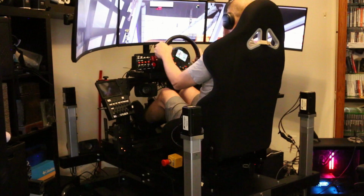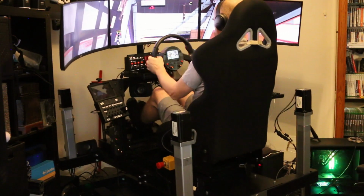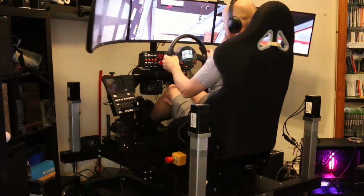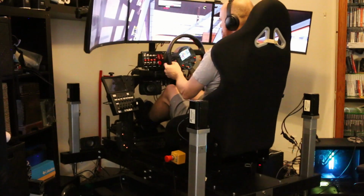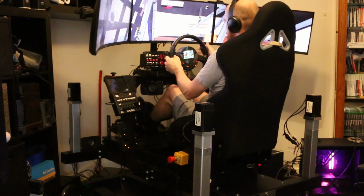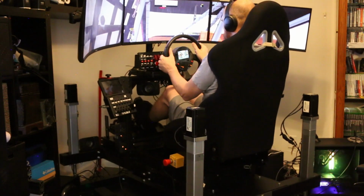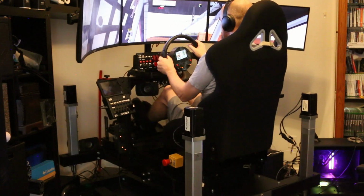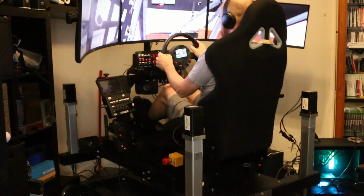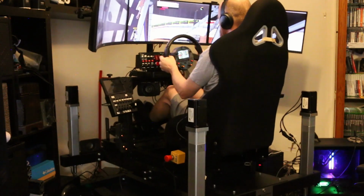Then we have the ProSimu P5MP. I give them a 3 on the score here, because it's a very expensive platform, and becomes even more expensive if you live in the US, because of shipping from France. This platform is massive, and there's lots of steel in it, and so it's going to be expensive shipping as well. But trailing the group here is still D-Box, and the reason for that is